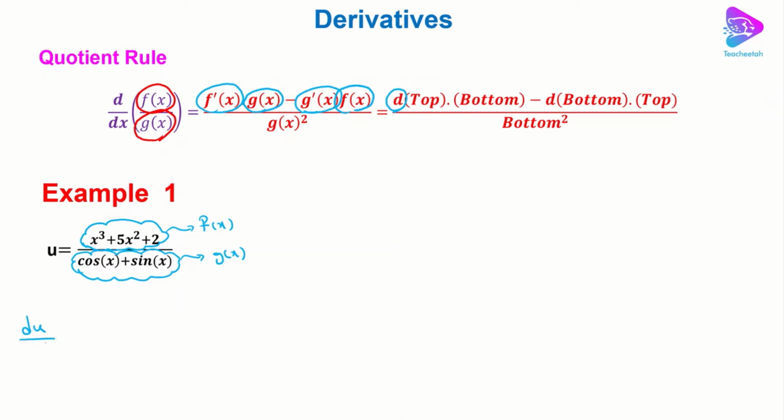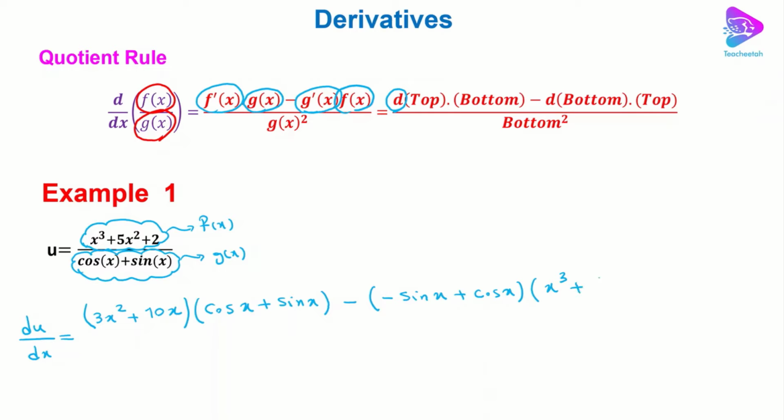So what we have to do is to take the derivative of the top part first. So it's going to be du over dx equals, the top part, let's take the derivative of the top part first. So it's going to be 3x squared plus 10x, and we know that the derivative of the constant number 2 is going to be 0, times the bottom part as it is, cos x plus sin x, and then we need to take the derivative of the bottom part, which is going to be minus sin x, and we know that the derivative of sin x is cos x, plus cos x times the top function or f(x), which is x cubed plus 5x squared plus 2